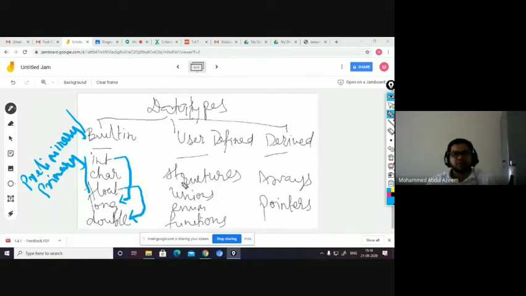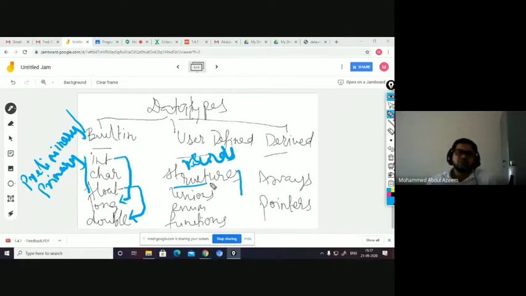With the help of structures, you can maintain the records of students, employees, department, book, any account details, bank account record. All this you can maintain with the help of structures and unions. You have studied the difference between structures and unions,